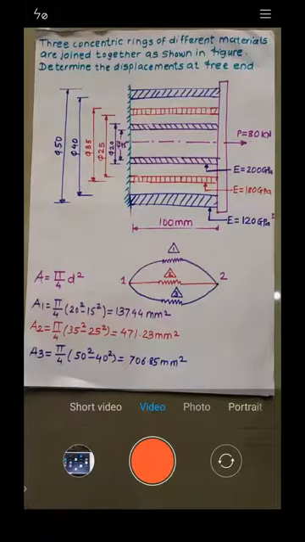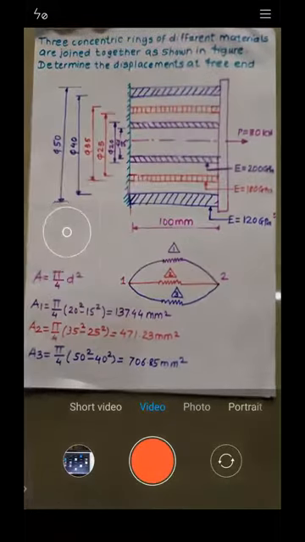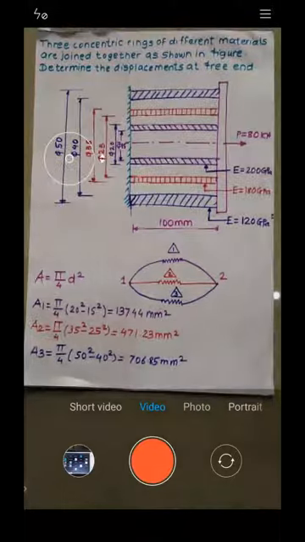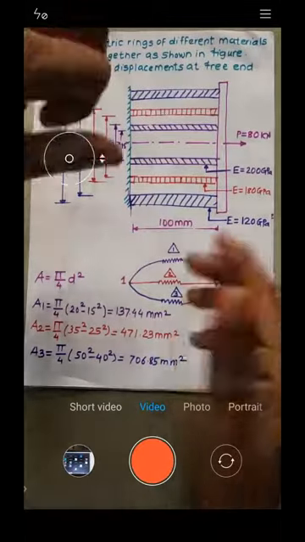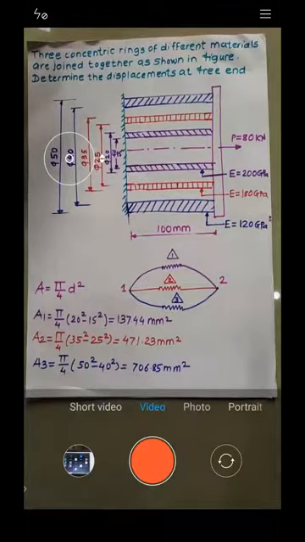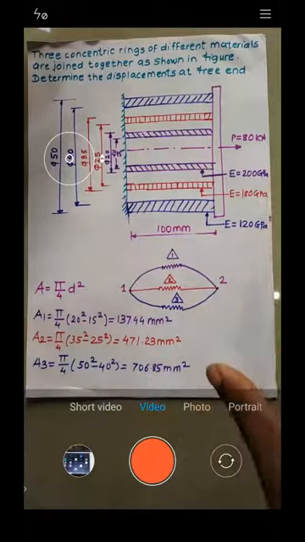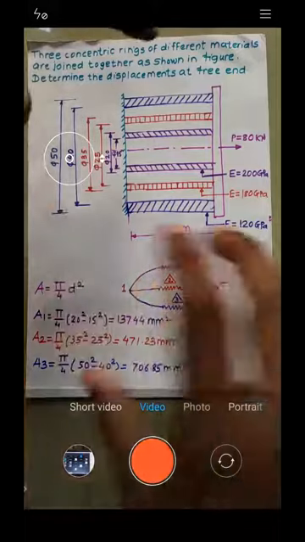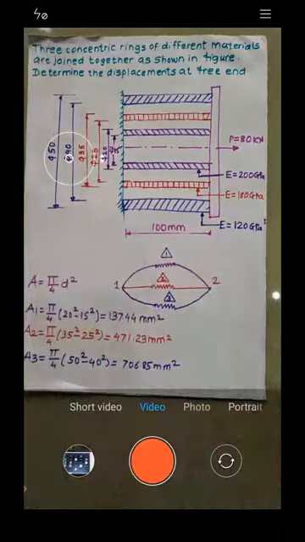Okay. So what we will do today, we will conclude with this session, and in the next lecture, we will take the problems on the tapered bar, the horizontal tapered bar. The bar will be horizontal, but it will have a tapered cross section. So today we will stop here, and in the next lecture, we will continue the problem on the horizontal tapered bar.